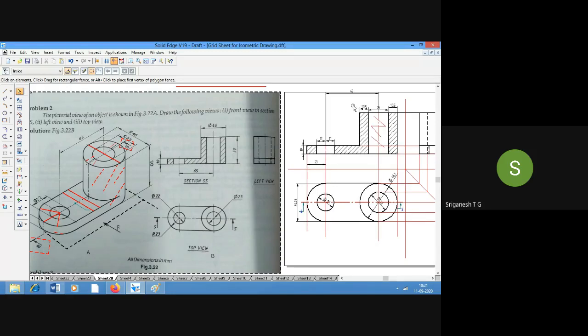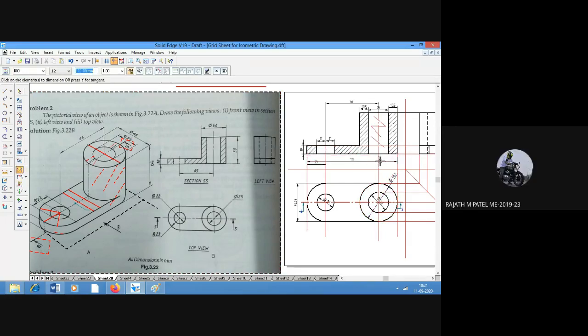What I have done is that I have given the 65 mm distance, and in the top view you have shown the diameter of the circles, so it is not required. If at all you want, you can show it, no problem. It's going to be 111 mm.